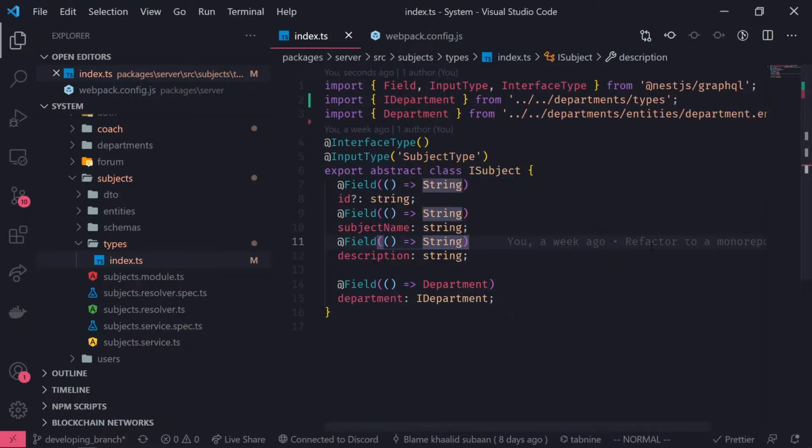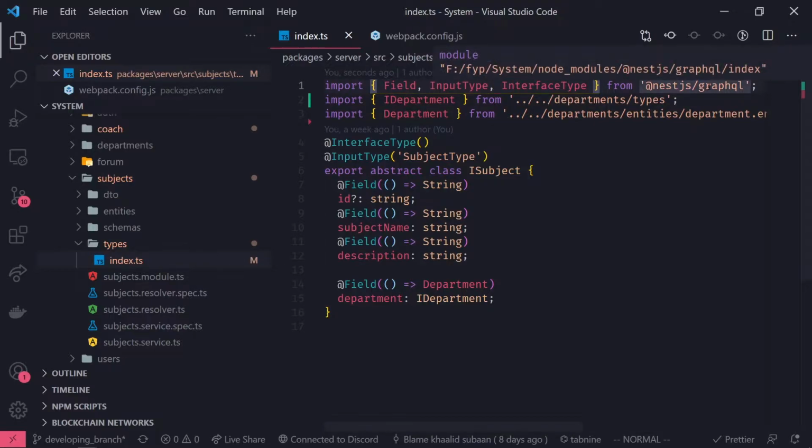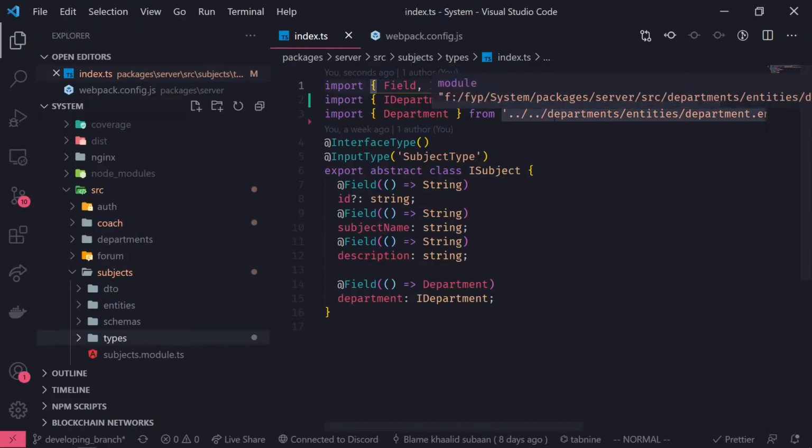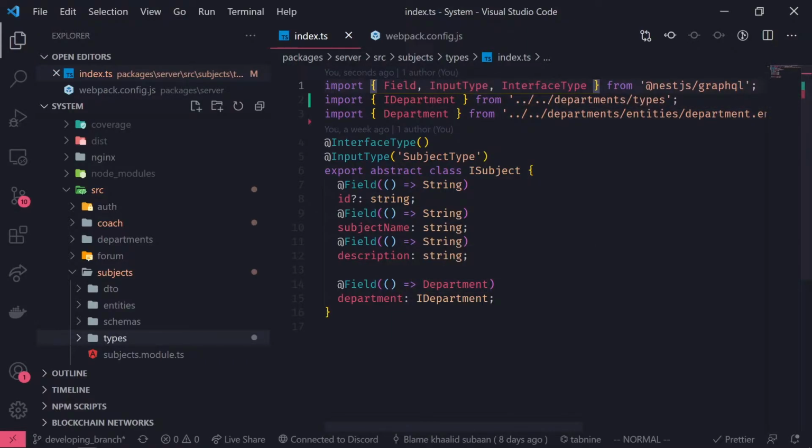Module aliasing. Before diving deep into the concept of module aliasing, let's look at the problem that module aliasing would solve. We see here three imports, one from the NestJS project, and two that we have made in the departments folder, pointing to the interface and at the same time the entity. This is what we depend on in order to point towards the property, the type. So the problem